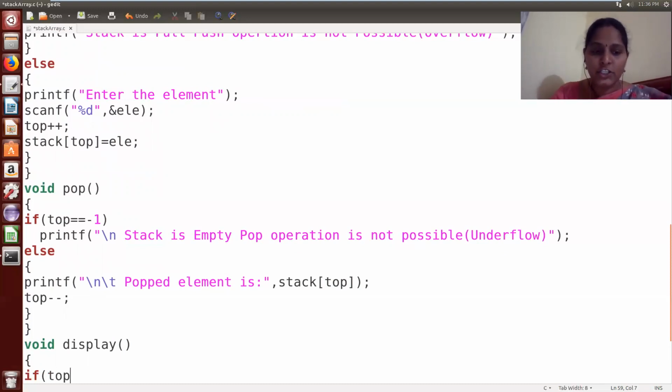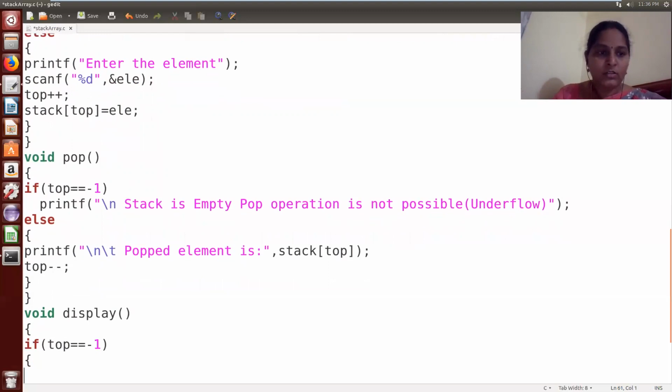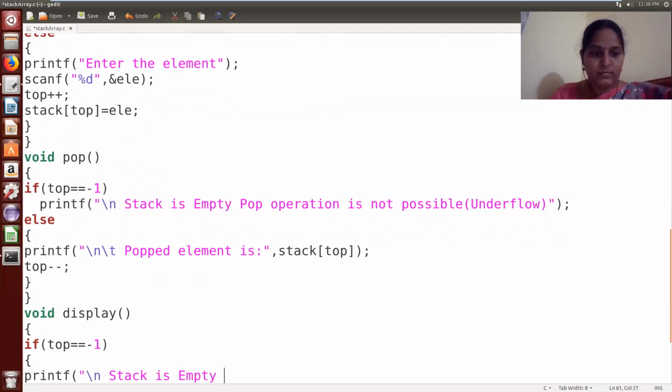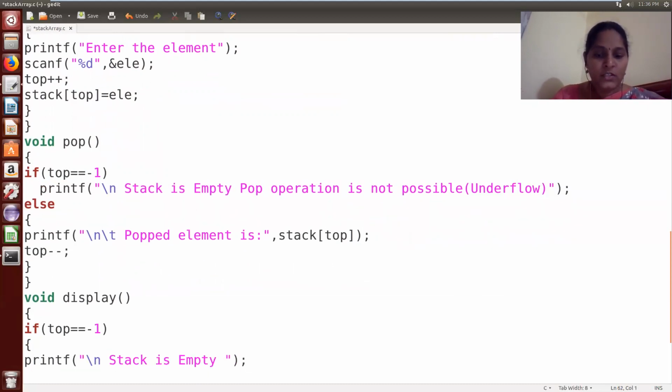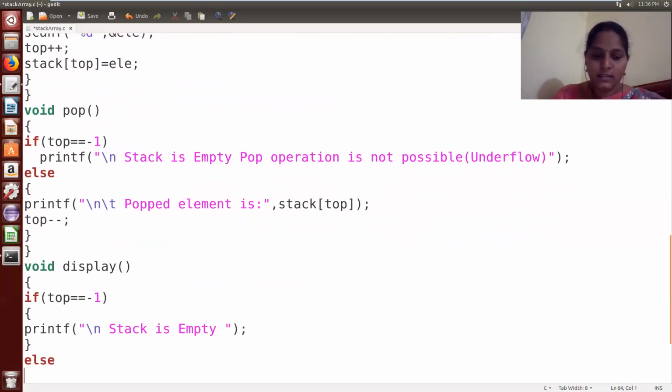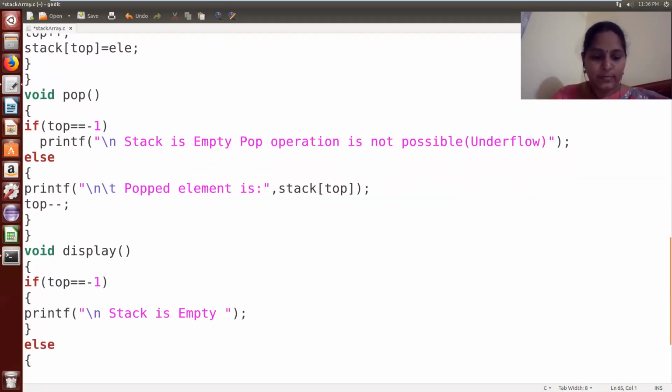Again the same condition. If top equal to -1, that indicates that the stack is empty. I'm copying that statement: stack is empty. If the stack contains some elements, that means the else case, then we can print it.